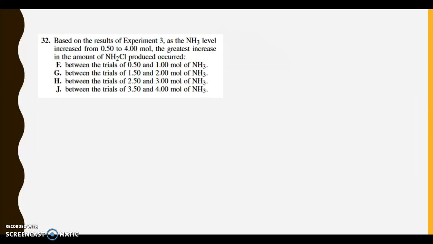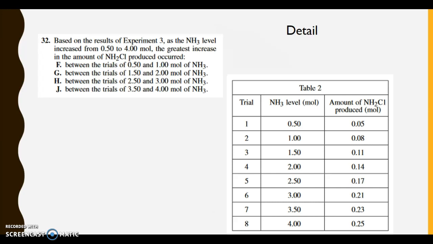Question 32. Based on the results of experiment 3, as the NH3 level increased from 0.5 to 4 mole, the greatest increase in the amount of NH2Cl produced occurred between which two amounts? Now, this is a detailed question, but it's a little different than what we've seen before. What it's asking us to do is to look at the difference between each of the trials that it's shown in our answer choices. So if we just put our answer choices onto our table,